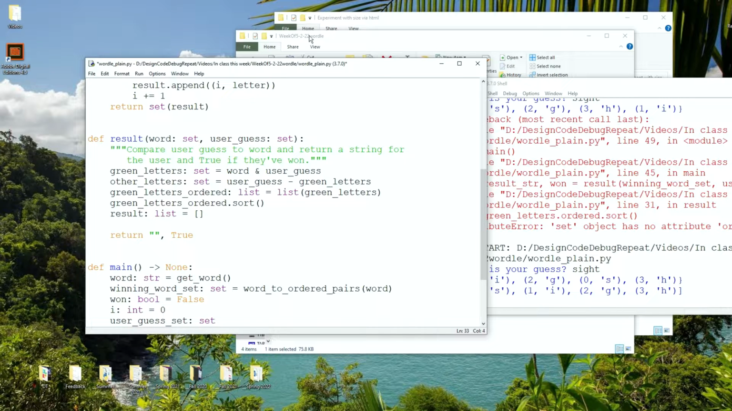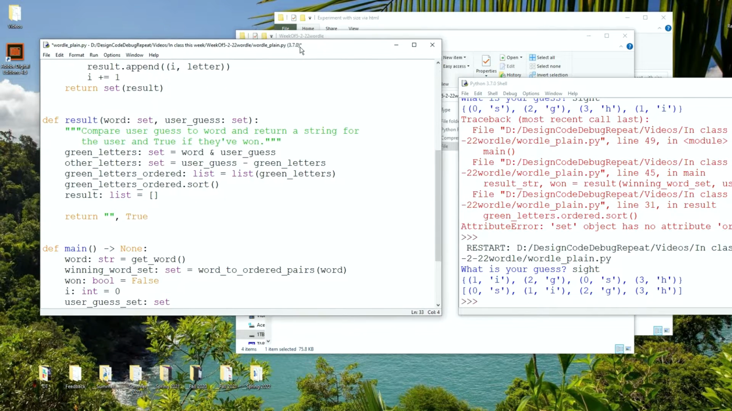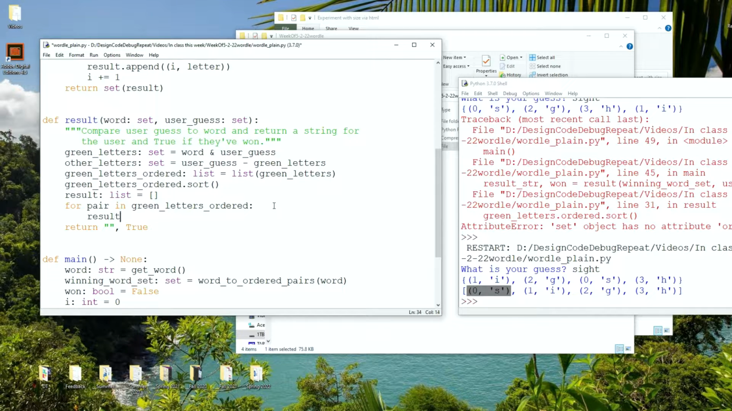Well, I'm trying to resist a loop, but we can do this with a loop. So we can say for pair in green letters ordered. So pair is going to be like that. So for pair in green letters ordered, result,